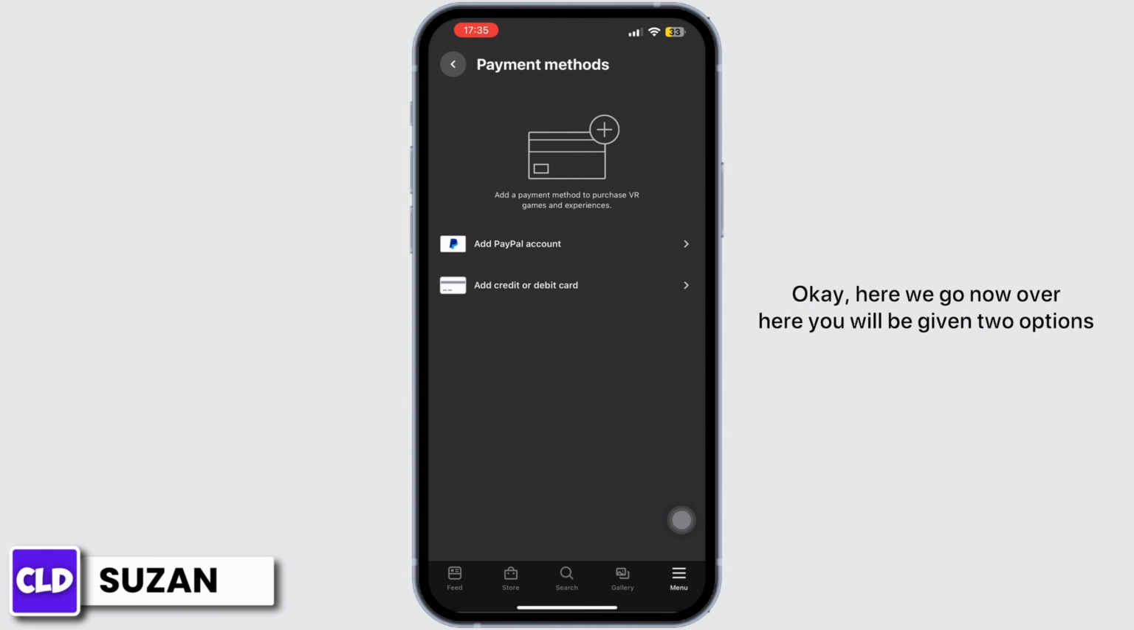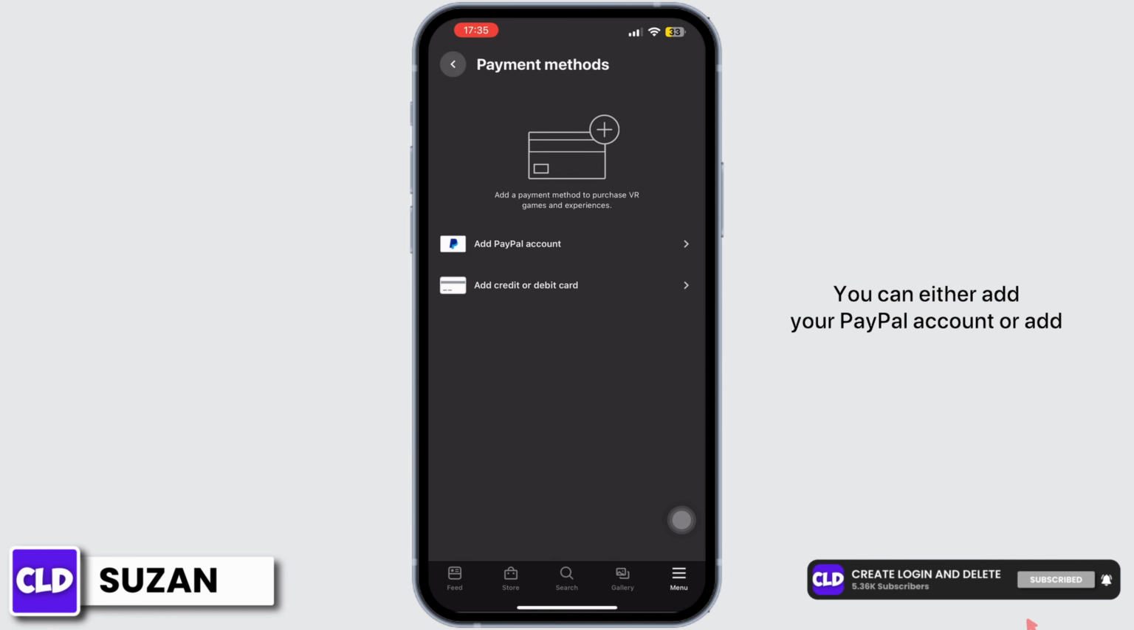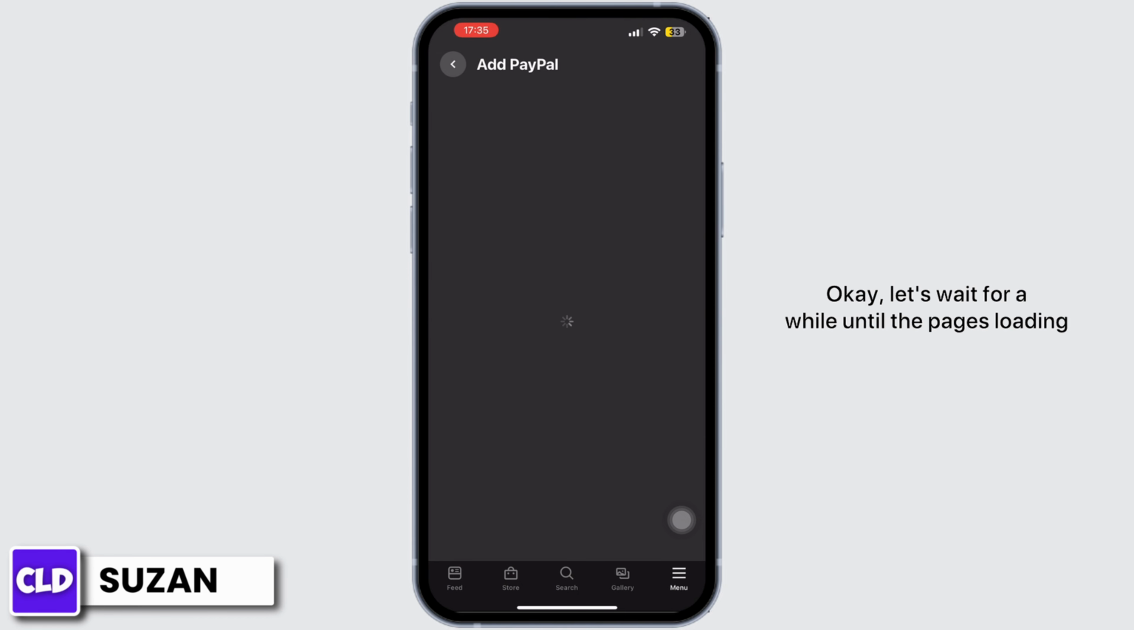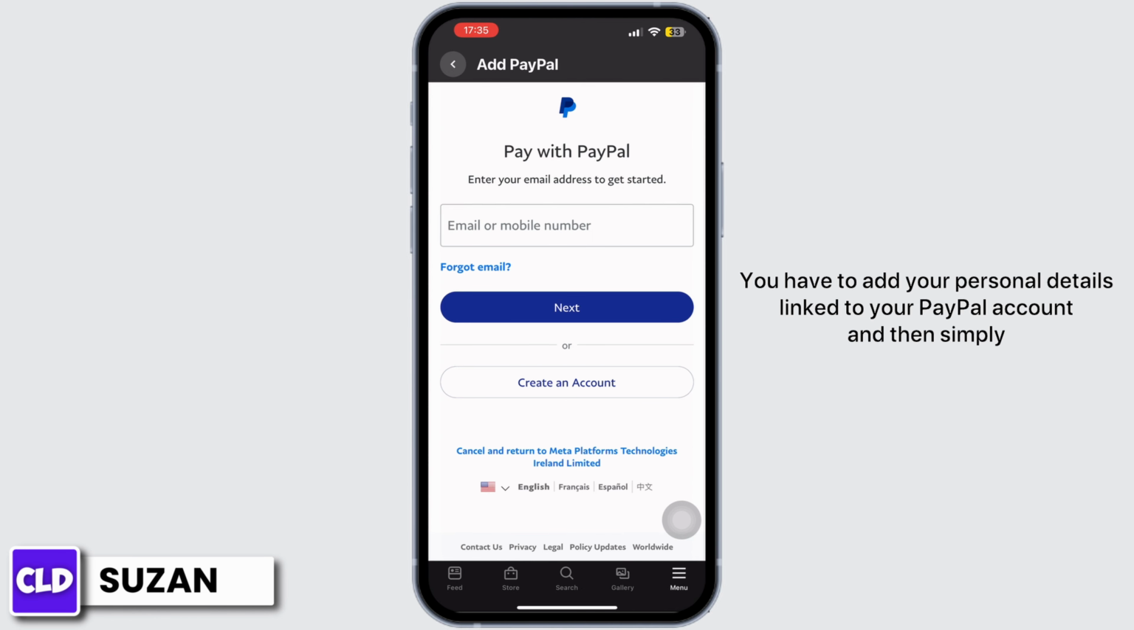Okay, here we go. Now over here you'll be given two options. You can either add your PayPal account or add credit or debit card. Now if you tap on Add PayPal, okay, let's wait for a while until the page is loading. Okay, now over here you have to add your personal details linked to your PayPal account and then simply tap